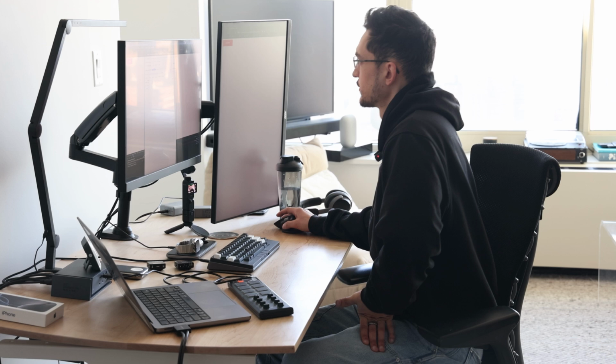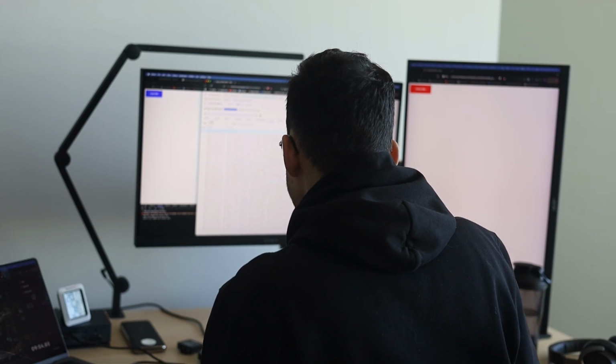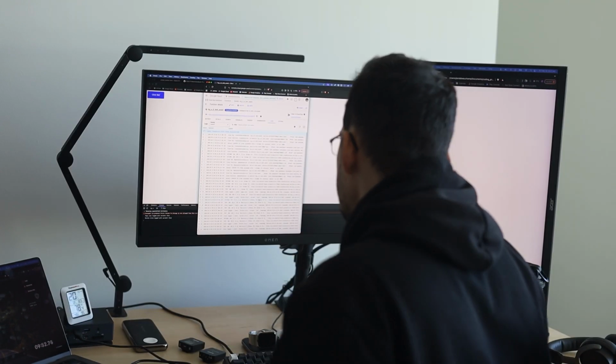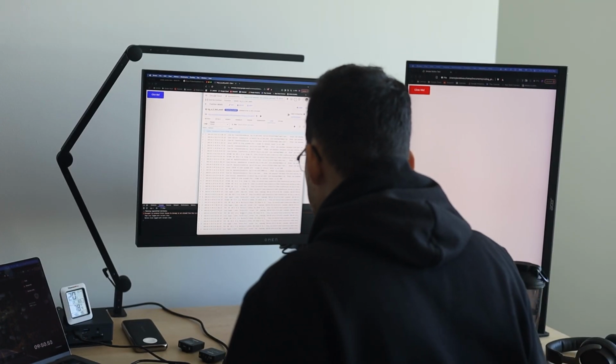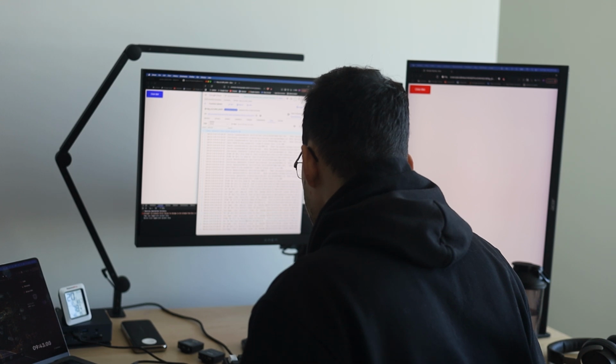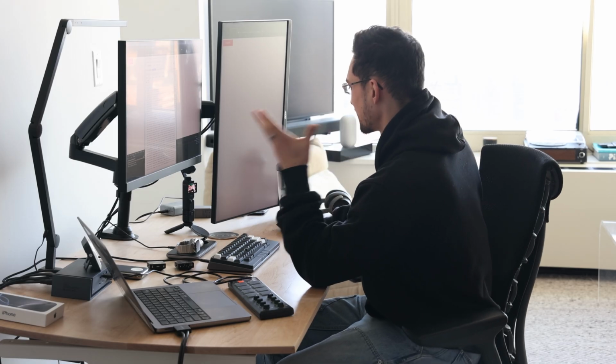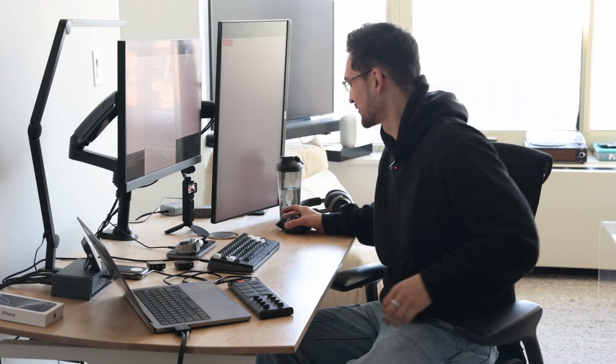It was about 5 minutes ago when I logged my event, and we see some people visiting the site. I'm not using Mozilla, but there's people from Mozilla using it. They are clicking the button, and I'm pretty sure this person clicked it multiple times. So they came to the site and they clicked the button multiple times. Interesting. That's awesome. Thank you so much for contributing to this video